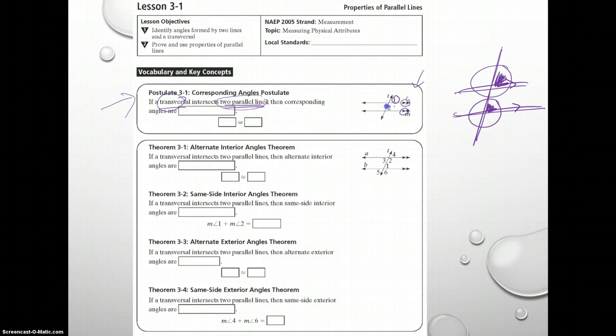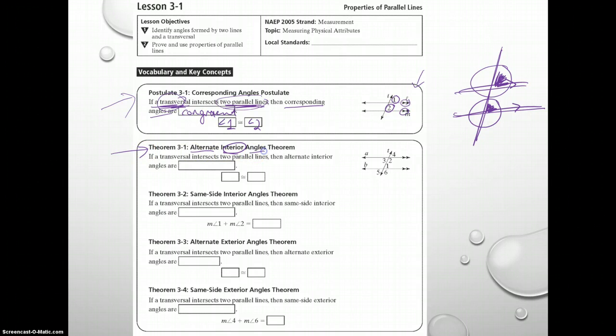On your diagram, angle 1 and angle 2 are the corresponding angles. Now, here's the postulate. If the transversal intersects the two parallel lines, then these corresponding angles are congruent. And so angle 1 is congruent to angle 2. Next,